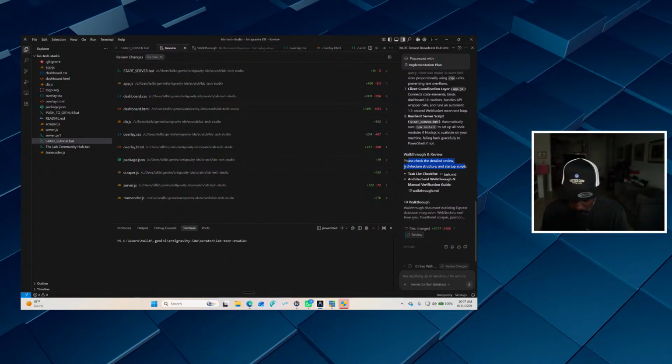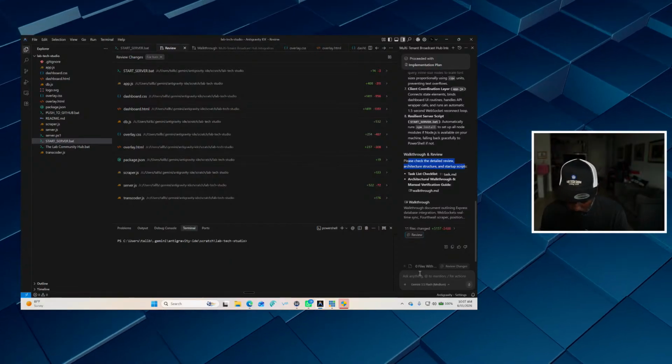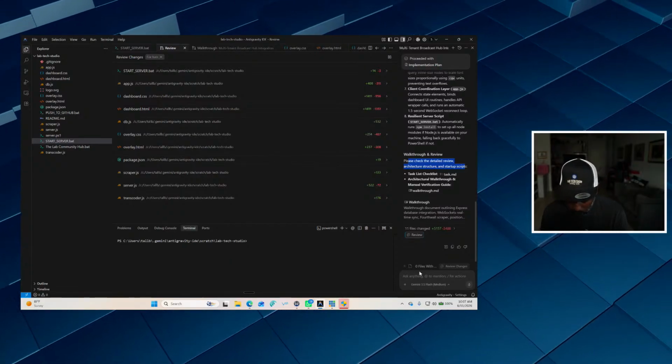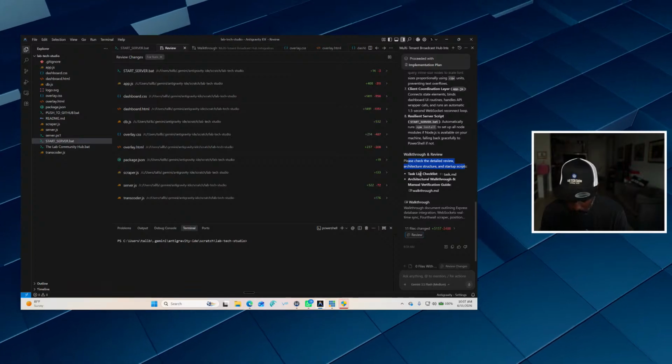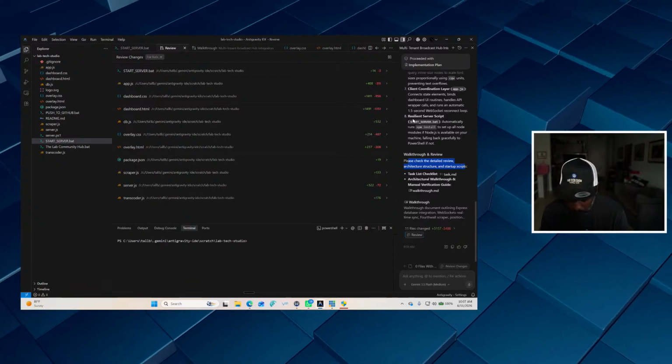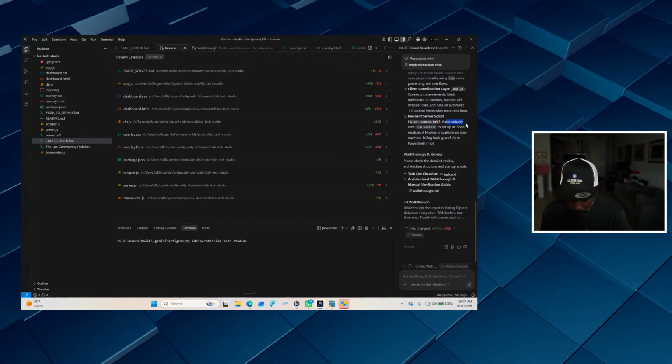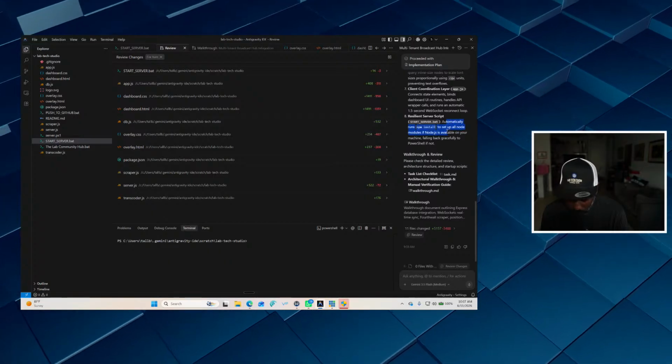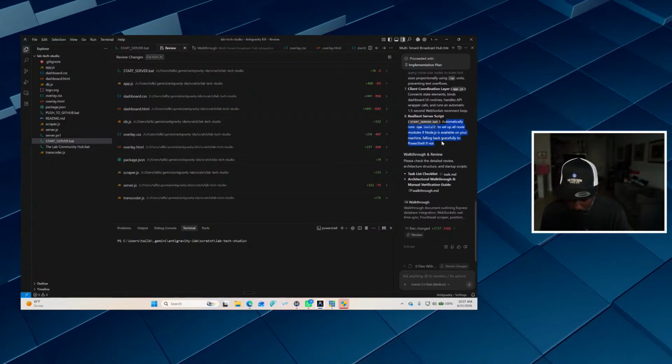Okay, this is automatic. The start server bat runs.